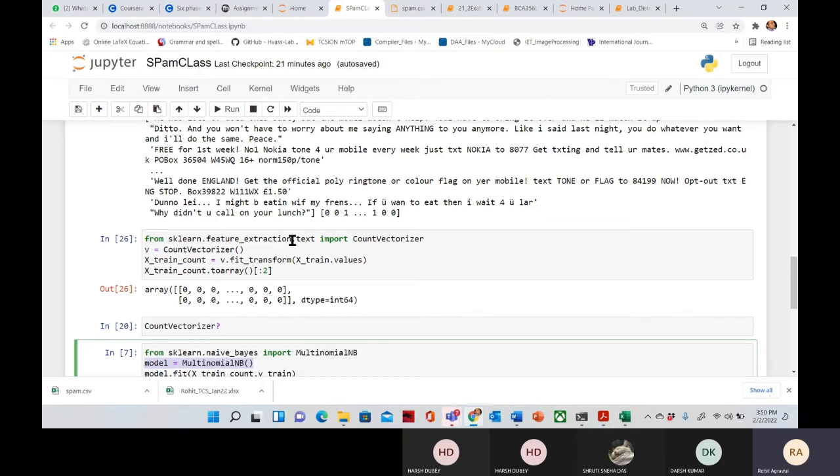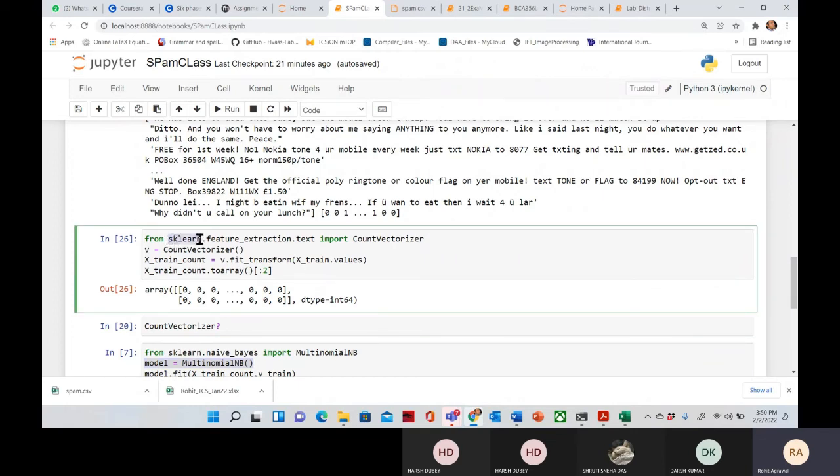Next time, I will note down some important libraries and I will try to explain them as well. One of them, in all data science, you will see this sklearn. All the time you will see sklearn. You need to check whether you need to import the naive Bayes classifier, or the feature extractor. So sklearn is used most of the time. It is the most widely used library. I can Google and show you.